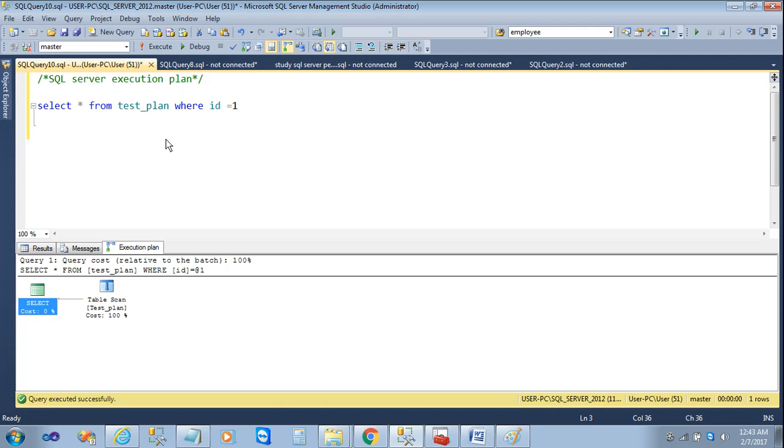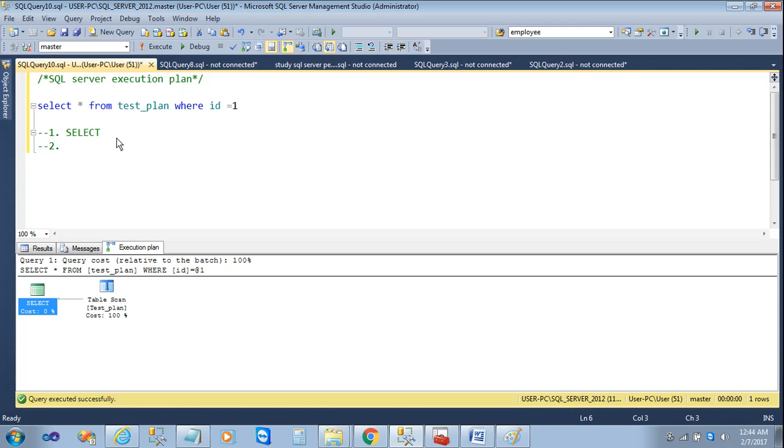I will write them down one by one as we go further. First is select. You can see it is already being used over here, but it doesn't mean that select is used in every query. It may not be necessary. For insert, update and delete, it is not necessary to use select. So the second one over here is